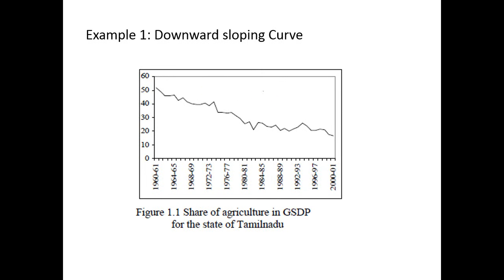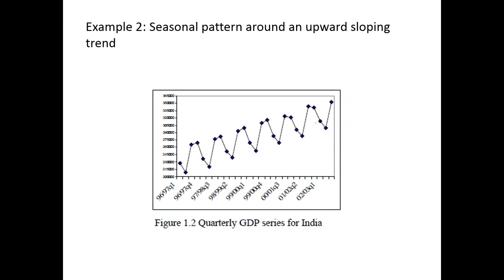So you probably have downward sloping time series data. We are using the GDP data for one of the states in India. This is downward sloping from 1961 to 2001. So you can say downward sloping data for GDP, and there will be upward sloping data. This is the typical example of upward sloping data where the slope is upward, right? Upward trending. It's increasing over time.